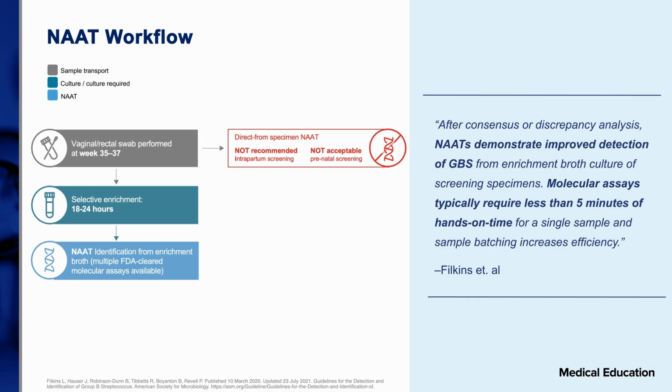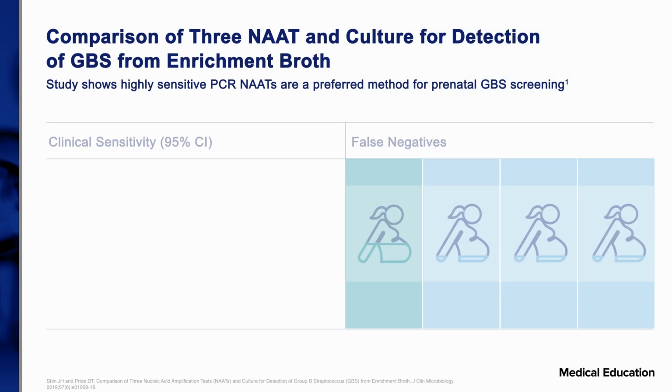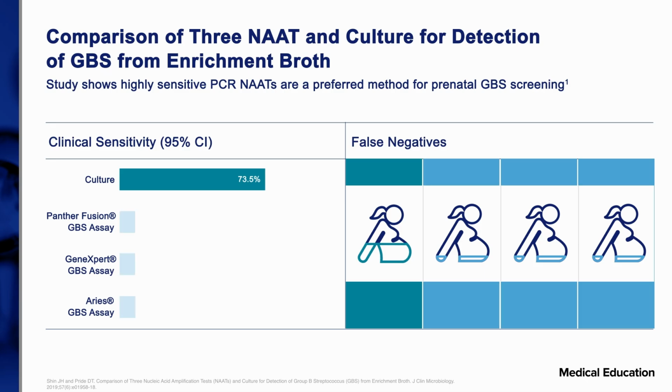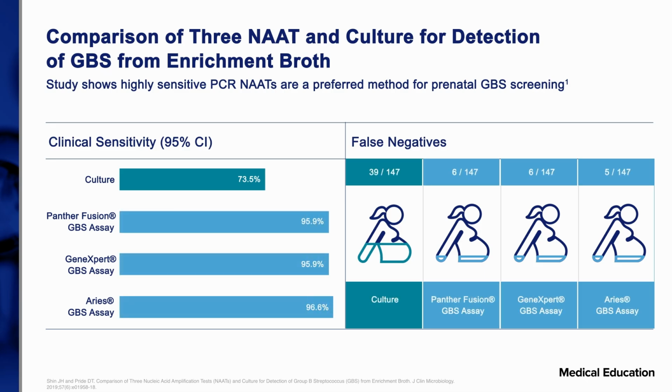And really, it has been shown clearly in the literature that when you look at molecular testing versus culture, molecular testing is by far the more sensitive option pretty much across the board. Here's one study looking at culture versus 3 different assays: the Panther Fusion GBS, the GeneXpert GBS, and the Aries GBS. You could see that these 3 molecular assays range anywhere from 95 to 96% sensitive, where culture is coming in at about 73.5%